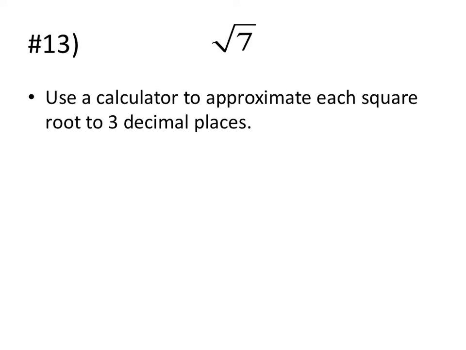Alright, use a calculator to approximate each square root to 3 decimal places. So all you're going to do is you're going to get your calculator. It must be scientific. So if you've got your cell phone, you can just turn your cell phone sideways and it becomes scientific. And you're going to hit 7, and then you're going to hit the square root button. And that gives you